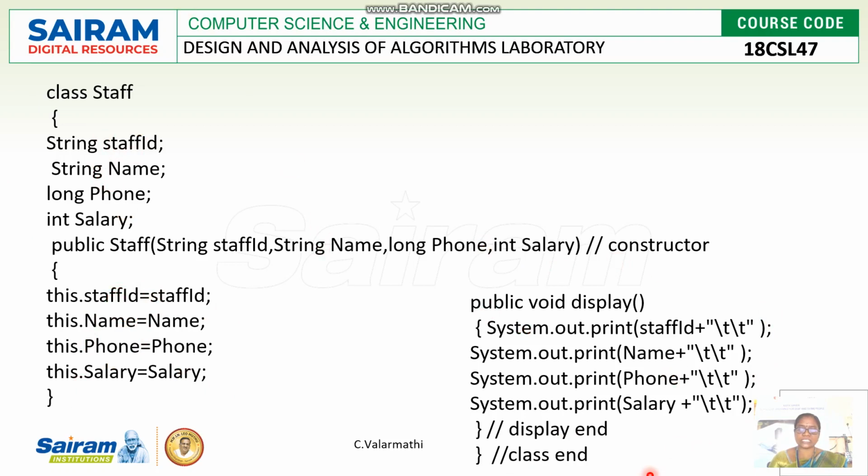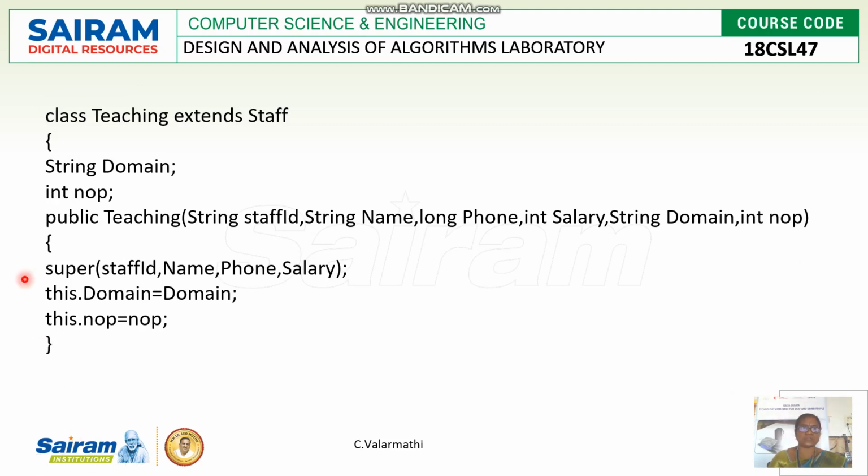Next portion is to display its elements. In order to display, we would normally use system.out.println, but it should be displayed in a table way, so we cannot use the println statement. We should only use print here. So system.out.print of staff ID, giving 2 tabs as a gap between each element. Staff ID and name will have 2 tabs, then name and phone number will have a 2 tabs gap, and phone and salary will have 2 tabs of space. Like this it will differ.